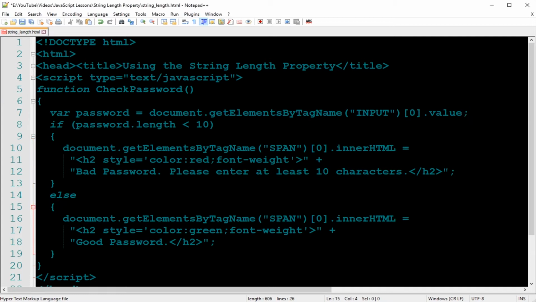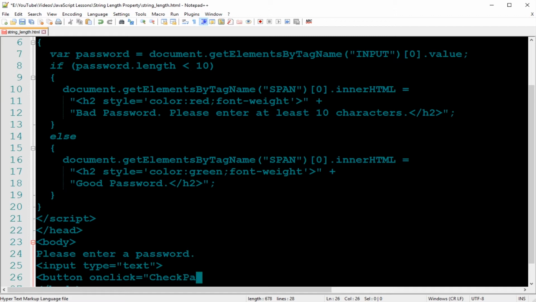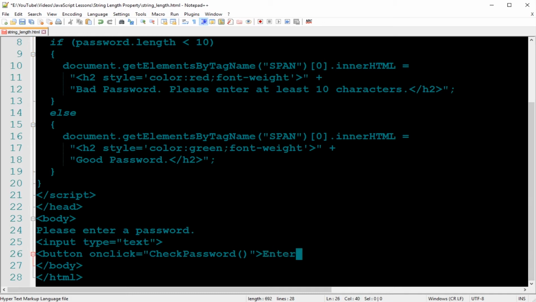Okay, so now we're heading over to the body tag. We'll say, to prompt the user, please enter a password. Then we have the input tag, type is equal to text since it can take any character type. Close it here. Then we need a button to trigger the function above. Button onclick is equal to checkPassword, like we have it up here. Let's scroll down. Name this button Enter, close the button,